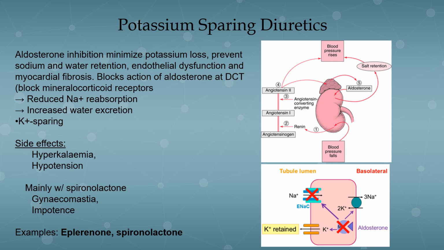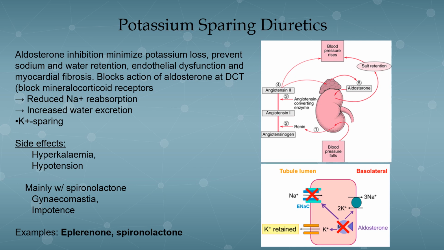Here we'll just go through this diagram once again. What happens here is that whenever there is a fall in blood pressure, the kidney releases renin, and there is ultimately formation of angiotensin 2, which will cause vasoconstriction and rise in BP. There is also release of aldosterone, which is responsible for salt and water retention, and this will also increase the blood pressure. Okay, so this is aldosterone. Now there is a drug which inhibits this aldosterone, that is spironolactone.